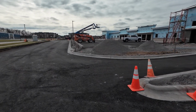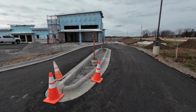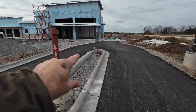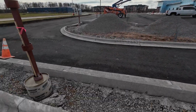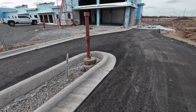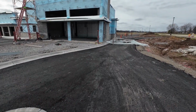So let's start out with the drive-through lane for the coffee shop, and there's going to be menu boards on each side. So there's all the conduit for that, another menu board there. This is all going to get filled in and landscaped, but I don't think we're doing too much landscaping this year. And just going on down the line here,